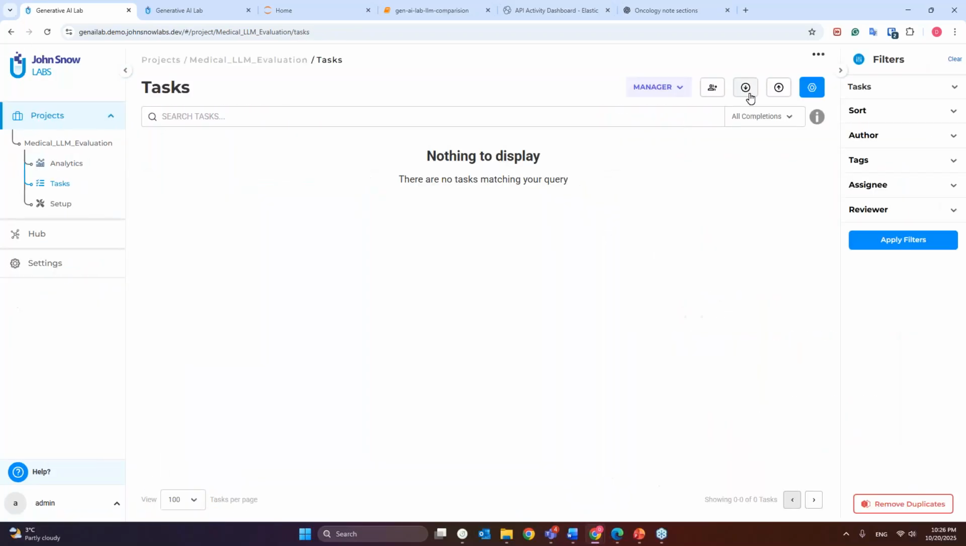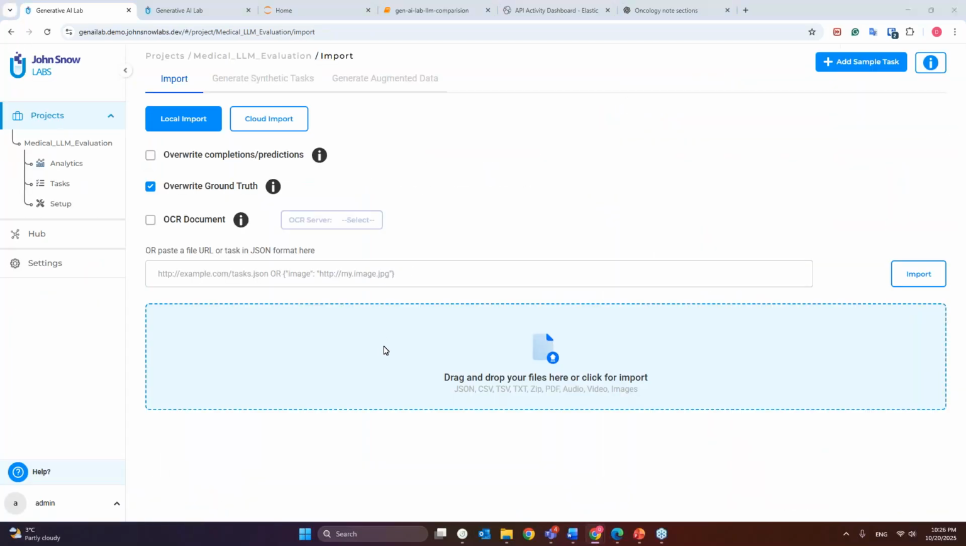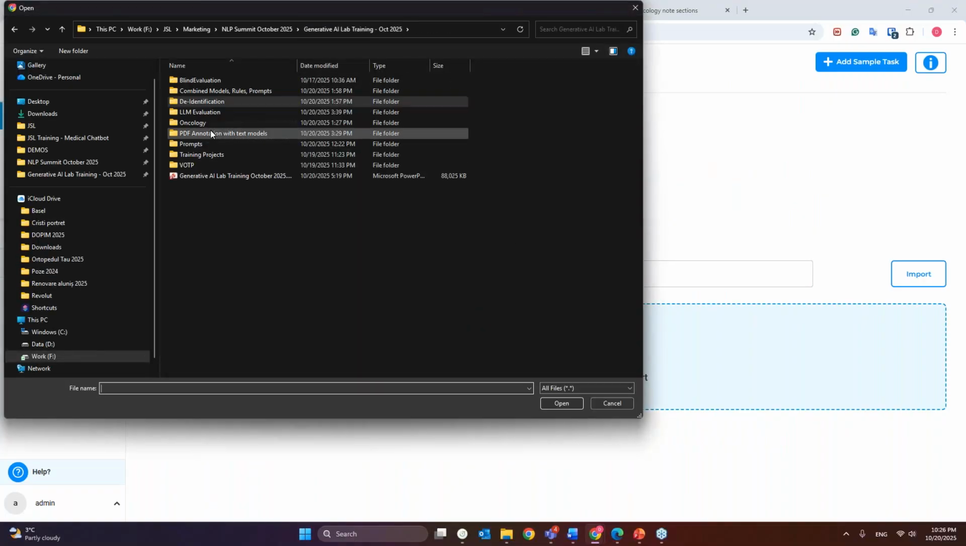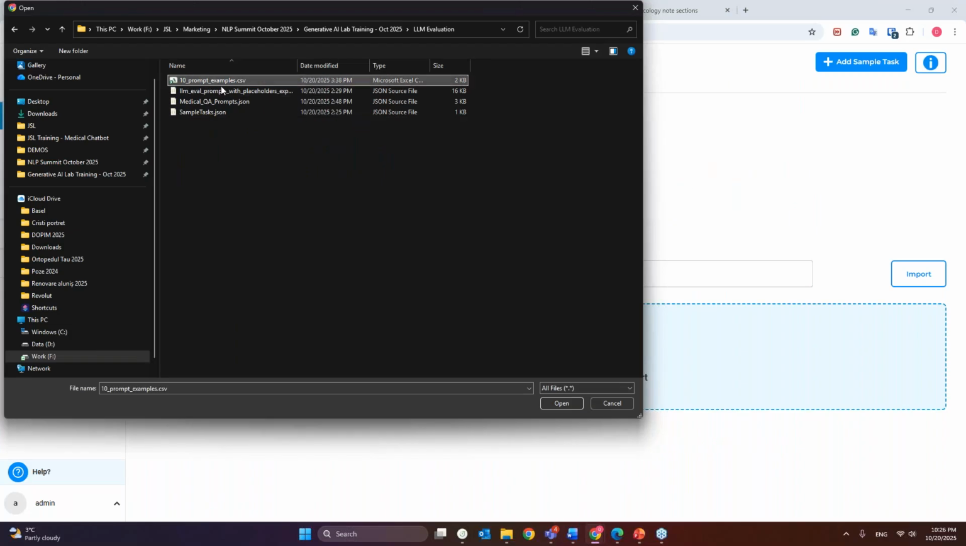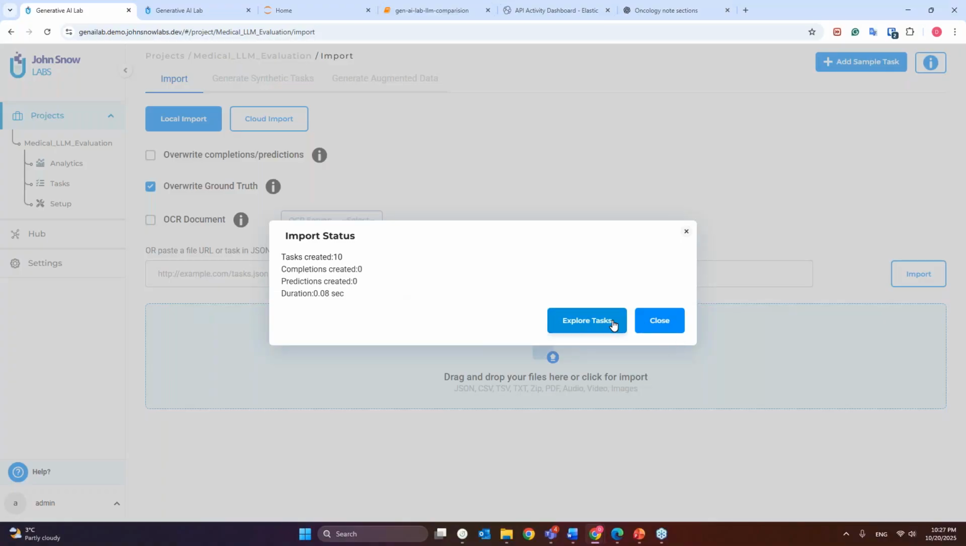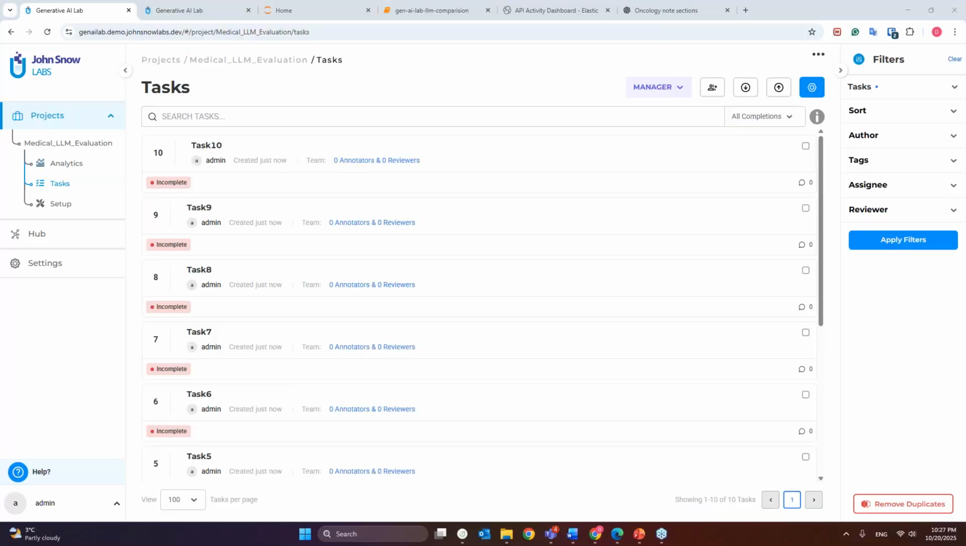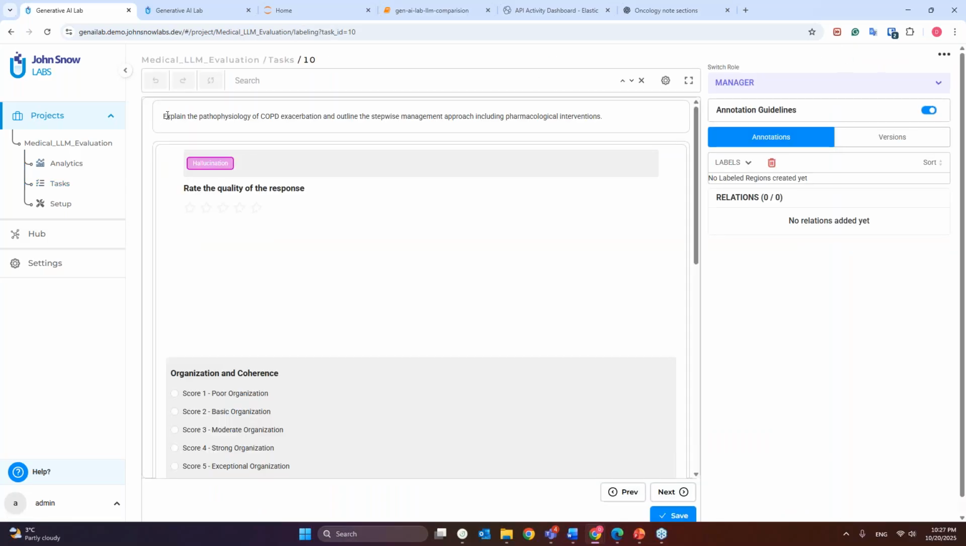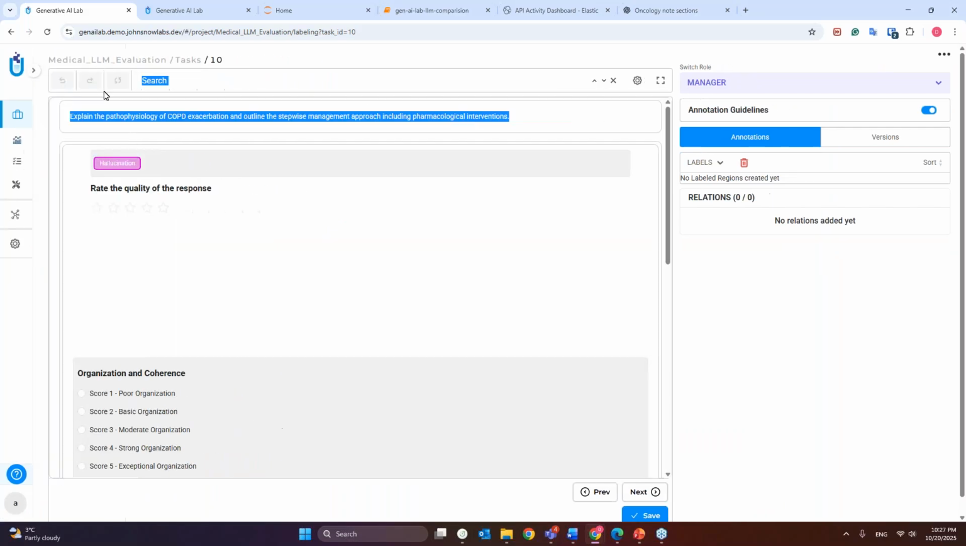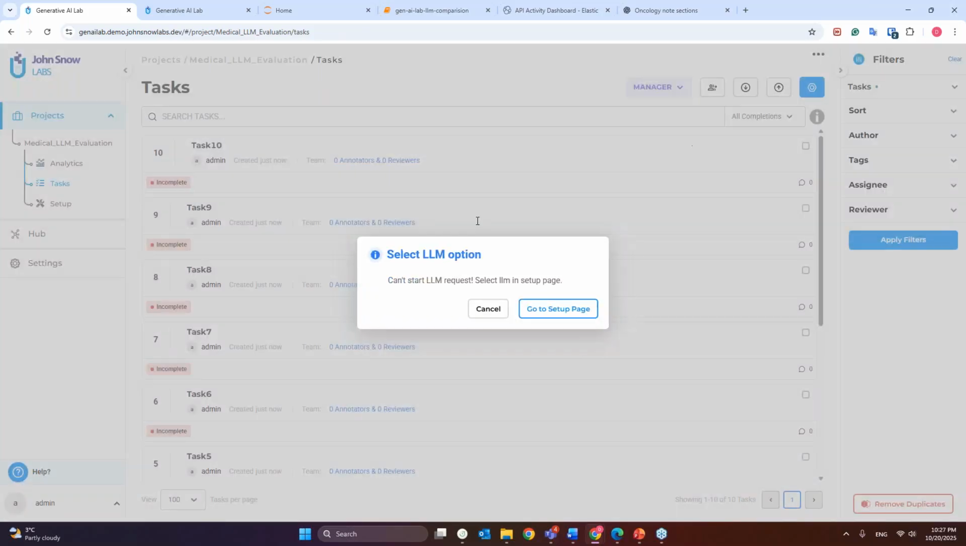Now, if I go to the tasks, what I can do is simply import a list of a CSV file with some prompt examples. I can show you the way this CSV file looks like. It's very simple. Let me first start the pre-annotation. Okay, so currently the tasks just contain the prompt that I just imported, and there is nothing in terms of response from the LLM, right? So now if I start the pre-annotation,